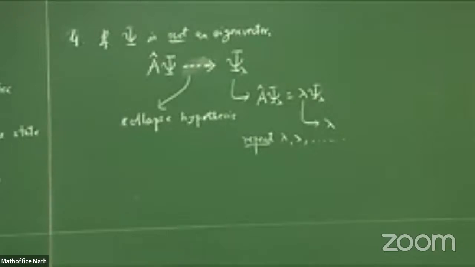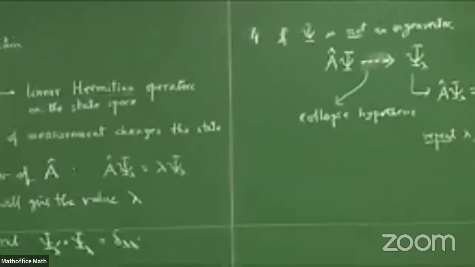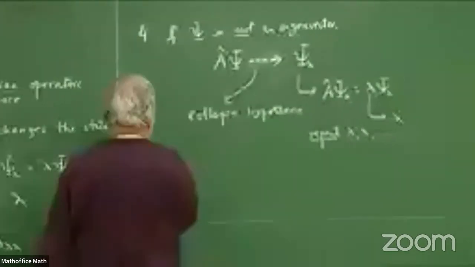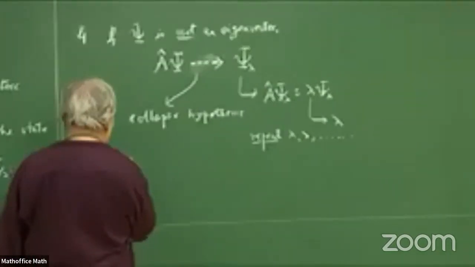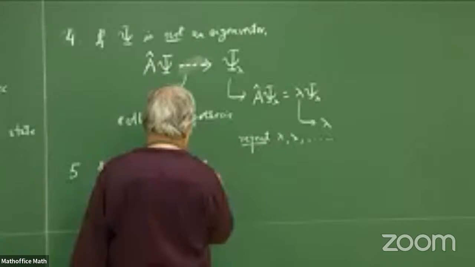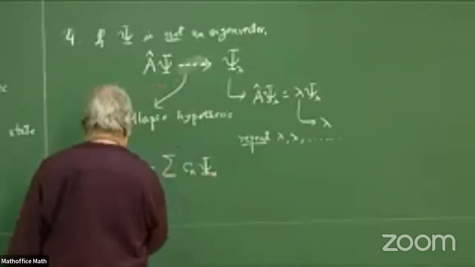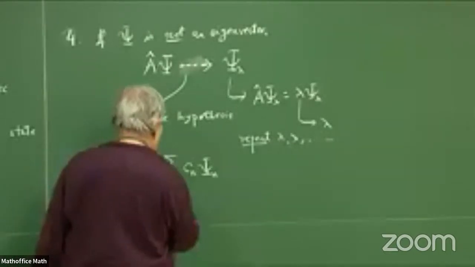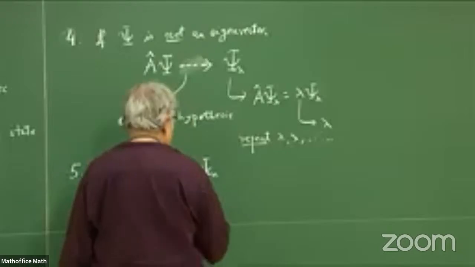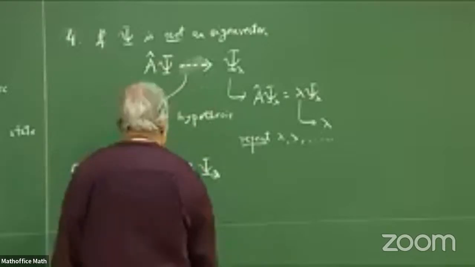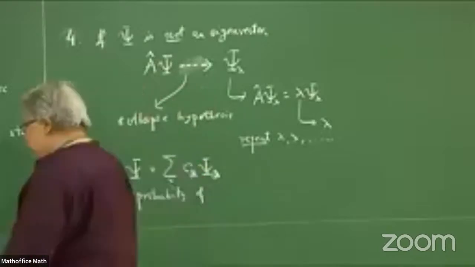All right. Next point is that there is a catch in it. Suppose you see the eigenvector is not unique. A system will have many eigenvectors. So which eigenvector does it go to? So here's the next part of the postulate. If psi is expanded as Cn psi n, the probability, so let's now instead of Cn psi n, call it C lambda psi lambda, summed over all lambdas.